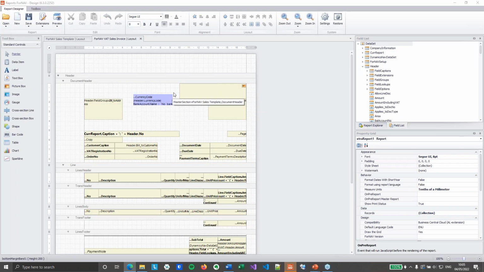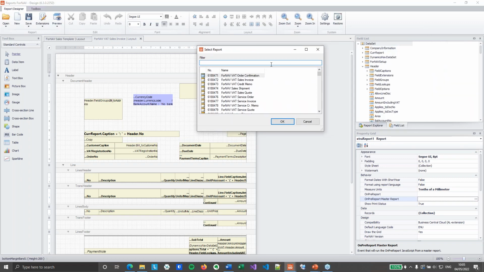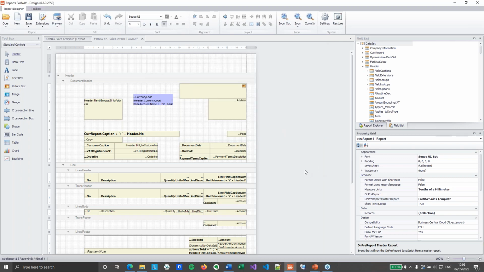You will notice that my currency code has been inherited from the template, and I will find my on-pre report master report, where I'm going to find my sales template, which I've got right here. And beware, if you're in North America, please use the sales template sales tax, which is created for sales tax reports. In Europe and other parts of the world, we use the 4NAV sales template, which is a VAT report. So I'm going to inherit from 4NAV sales template, hit OK, and if I preview my report,